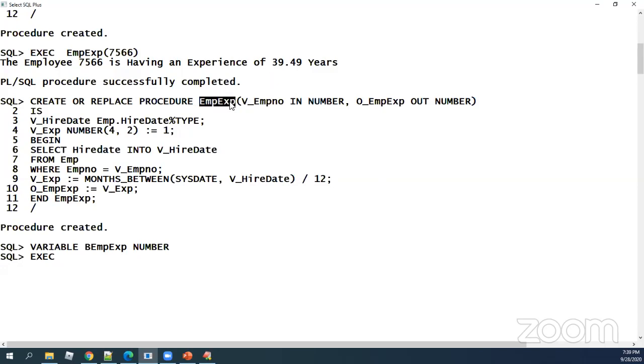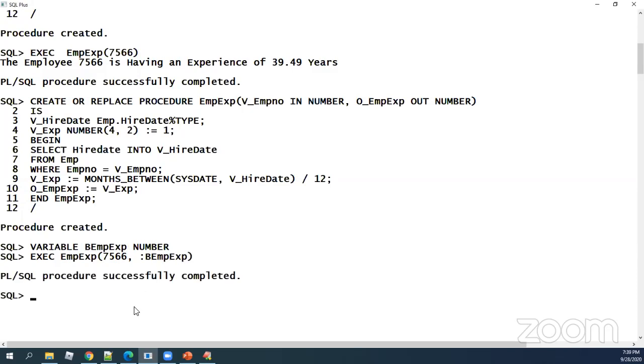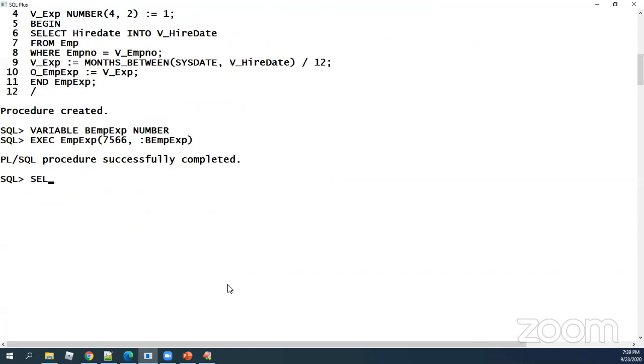I'm calling my employee experience, taking the employee number as the in mode and returning the experience on the out mode. Now it definitely got executed and we say select b_emp_exp from dual. Here we should keep a colon because it is a bind variable.